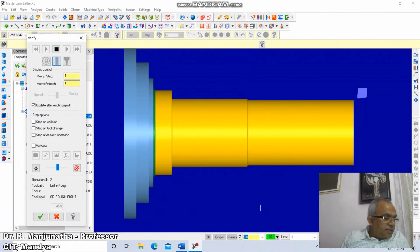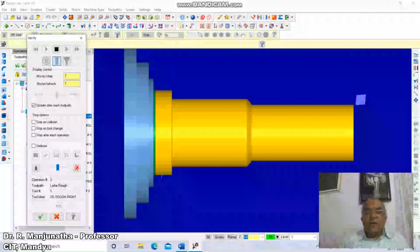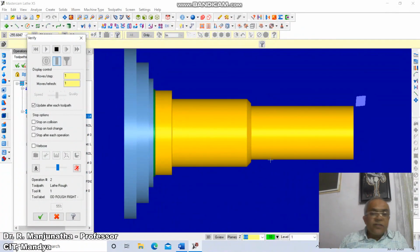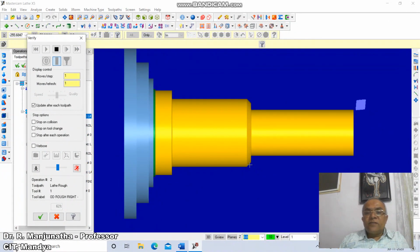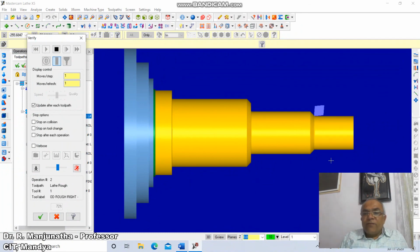Now it is going for the second step of diameter 80 mm with a chamfer of 5 into 45 here. The length of this is 20. So after the completion of the chamfering, now it is reducing the diameter to 50. So this is 5 into 45. Now it is taking place with the diameter 50, and after that we have to go for one more chamfering. So this is one more chamfering, again 5 into 45, and this is 50 mm diameter. Now it is reducing that to 30 mm diameter along with the chamfering of 5 into 45 at this particular end. So to do that,